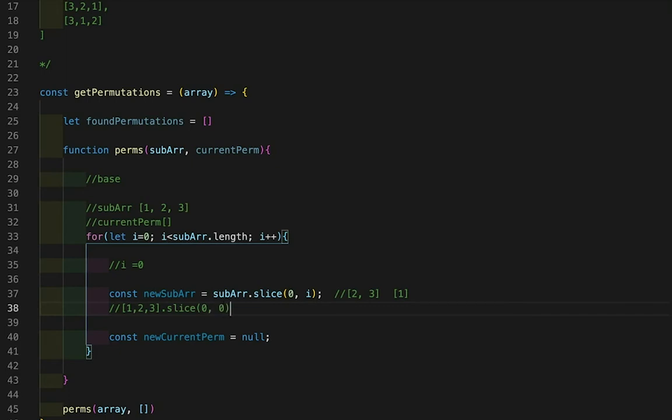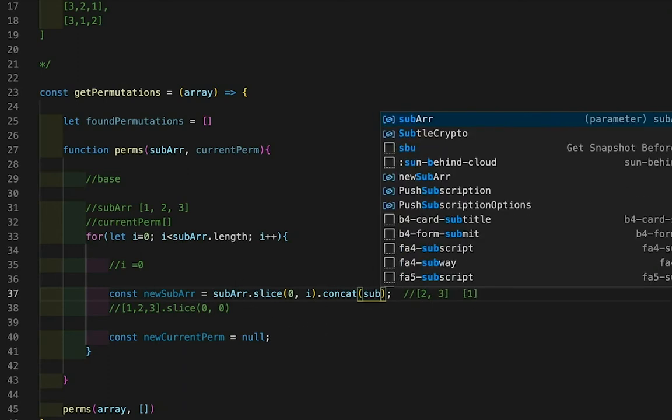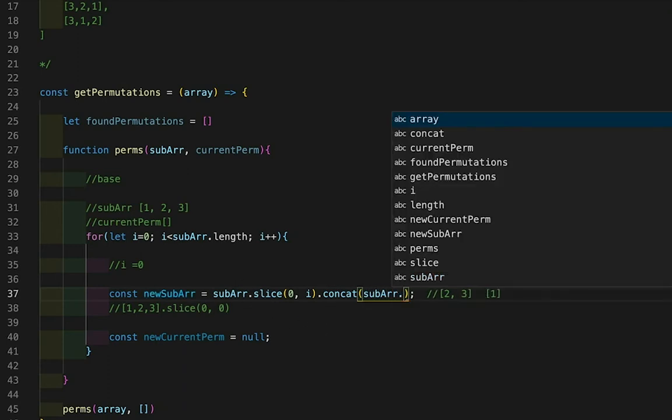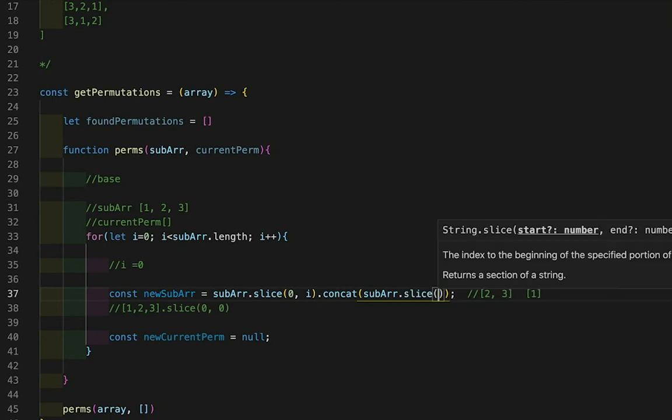So that is not going to yield anything. But then we're going to chain on concat, which works kind of like a push, to add another sliced part of this subarray. So we're going to take subarray and slice the elements from i